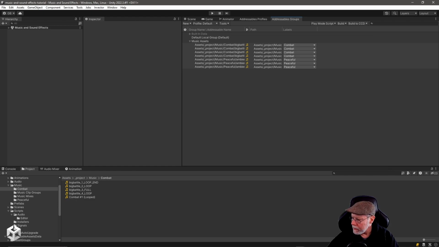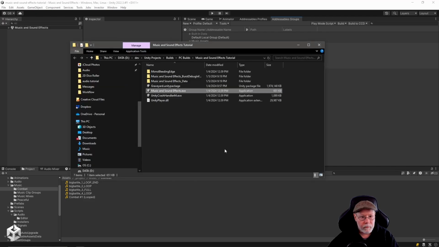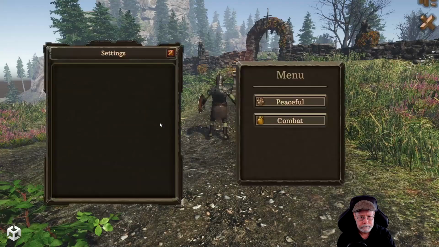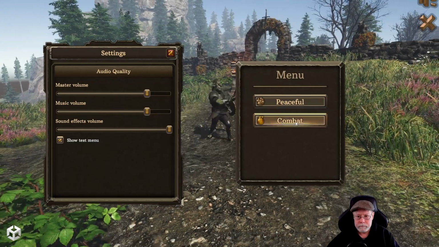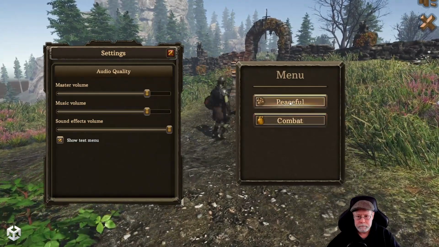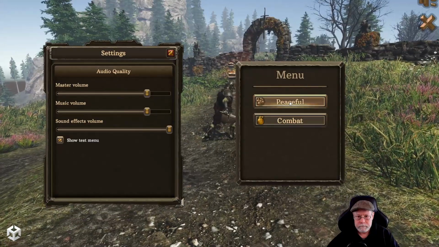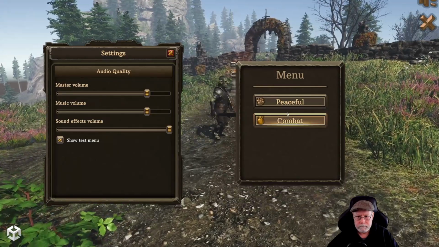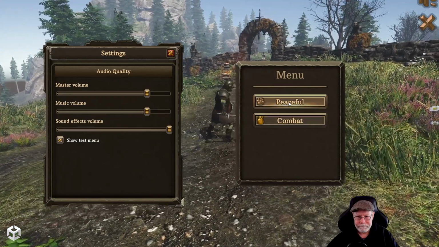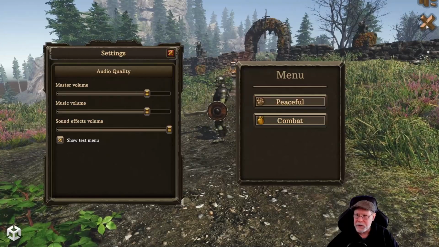All right, let's bring up my Explorer window, and let's go ahead and play this. Wait for it to load up again. This has got to load all those Nature Manufacture assets. All right, so as you can see,